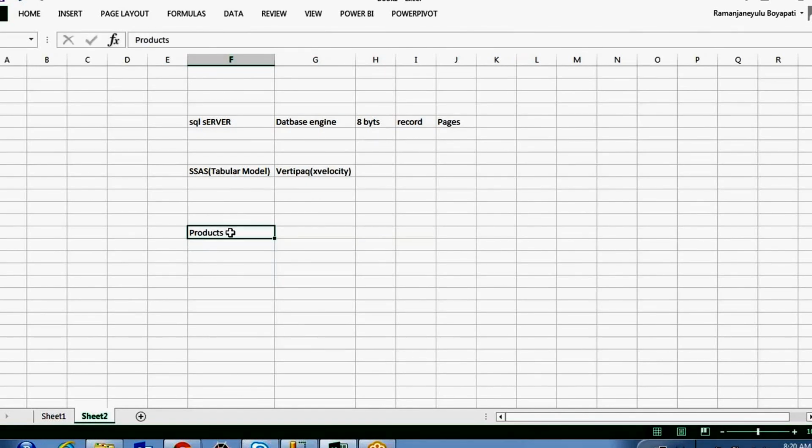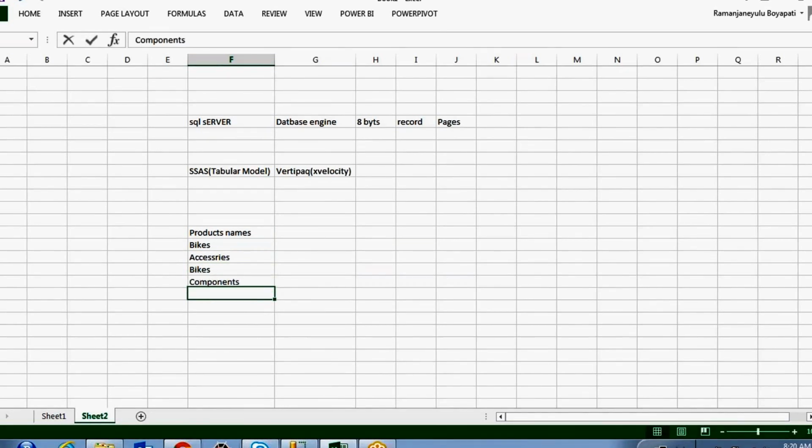The product names are bikes, accessories, bikes again, components, clothing, and accessories again.